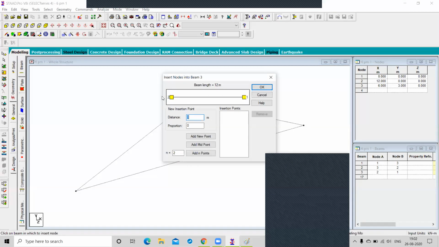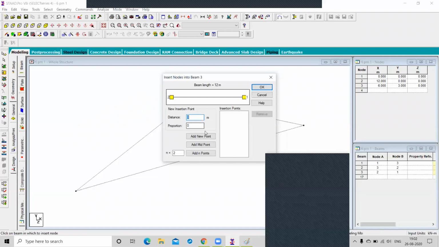That's why I know that StatPro is measuring from node number 2, because the orientation is 2 to 1. If this orientation is 1 to 2, it definitely measures from node number 1.